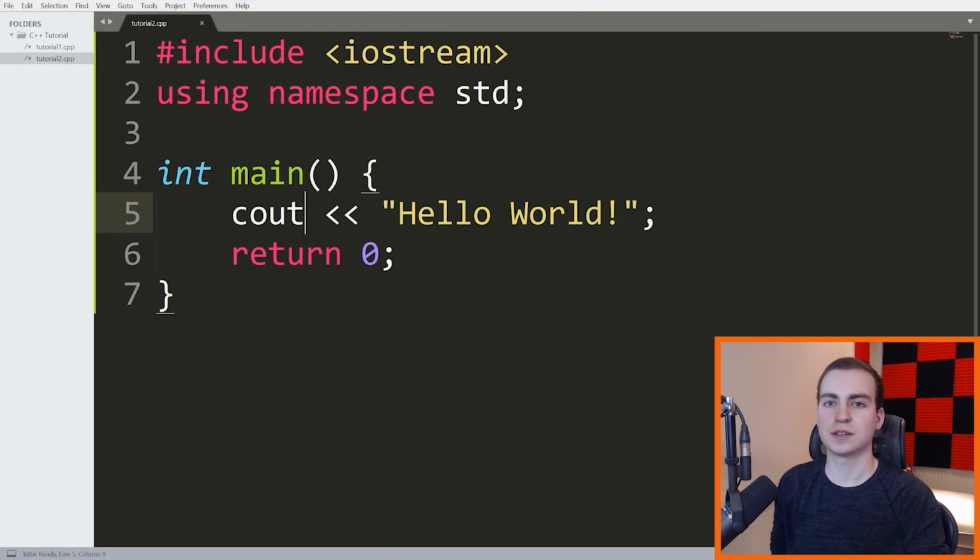However, this is not super simple to output something to a console. In fact, this is probably hundreds of lines of code to actually allow this function right here to operate. Now we can take for granted that that's super complicated and we don't have to know how that actually works, but we have to understand that there's code underneath this that is actually allowing this to function. So we need to include all of that code in this file right here. Otherwise, we're not going to be able to use this cout.